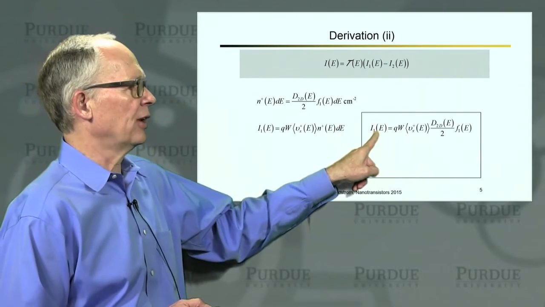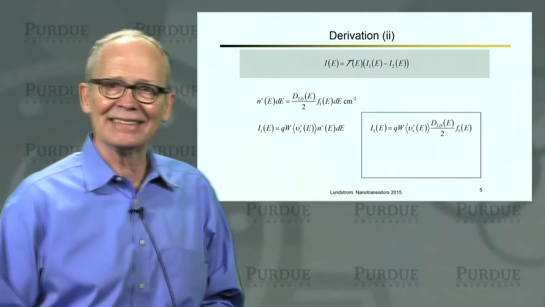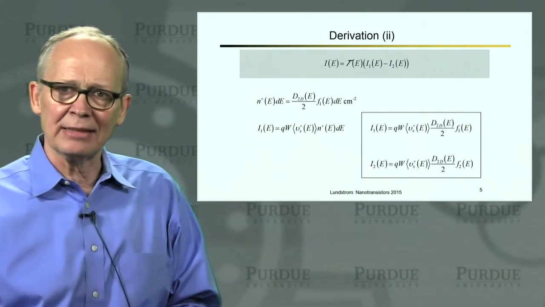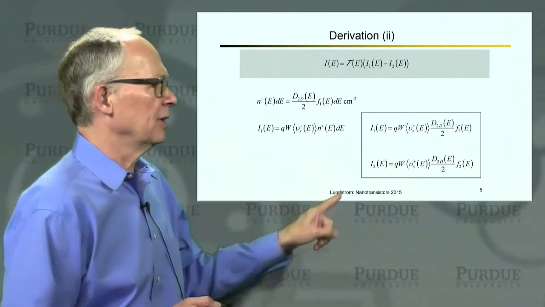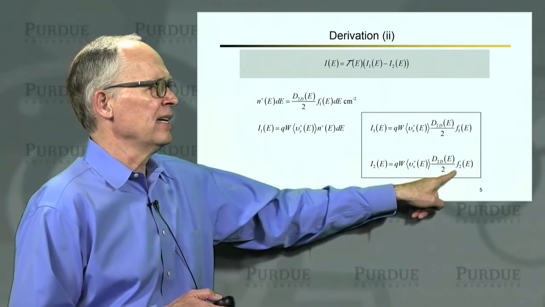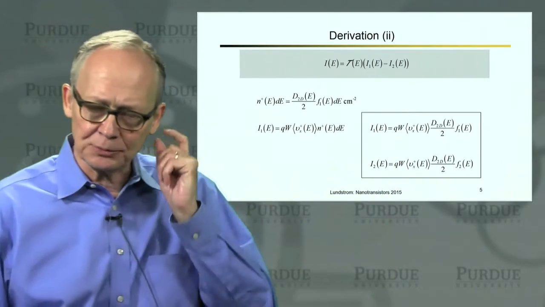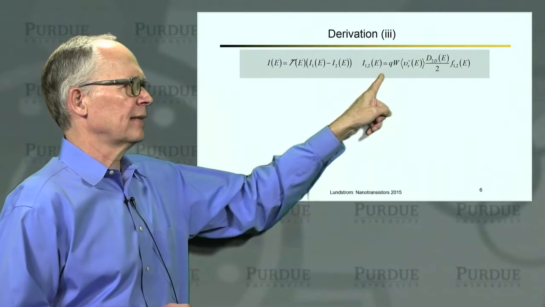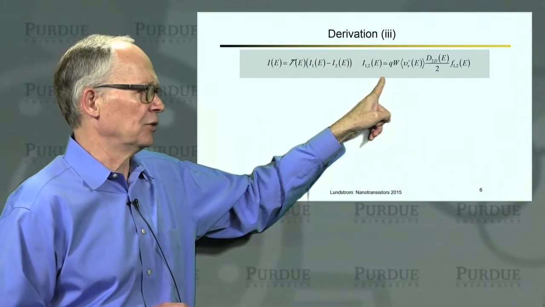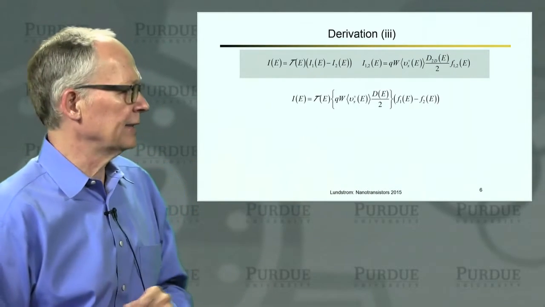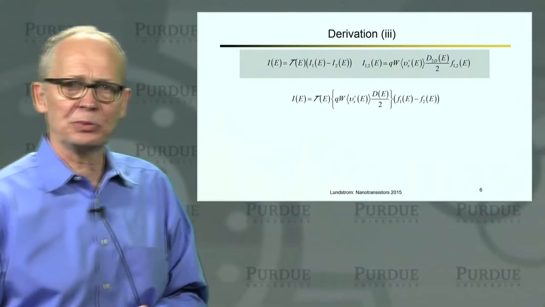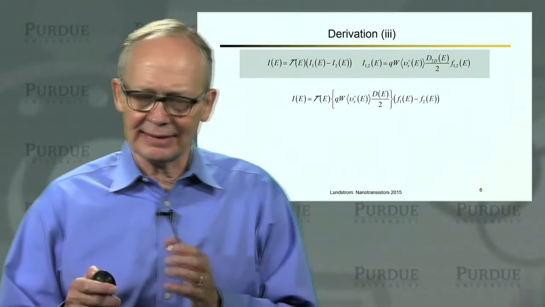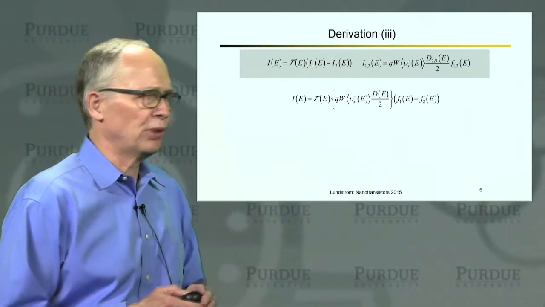So we have this expression for I1 in terms of fundamental quantities like densities of states and velocities of carriers and Fermi functions. We can write down exactly the same type of expression for the current injected from contact 2. It just has the Fermi function of contact 2. All right, let's see where that leads us. This is our net current. This is how we write these injected currents at the two ends, I sub 1 and I sub 2. If I put them together, I get an expression like this. And now I've clumped a bunch of things together, average velocities and densities of states, together in these curly brackets.